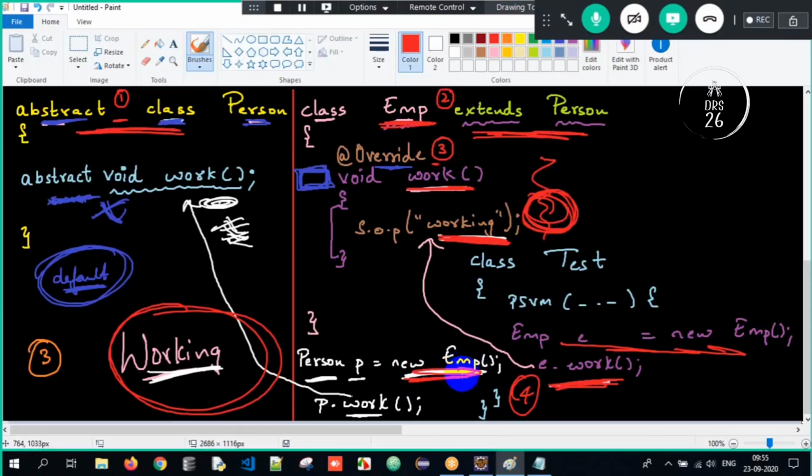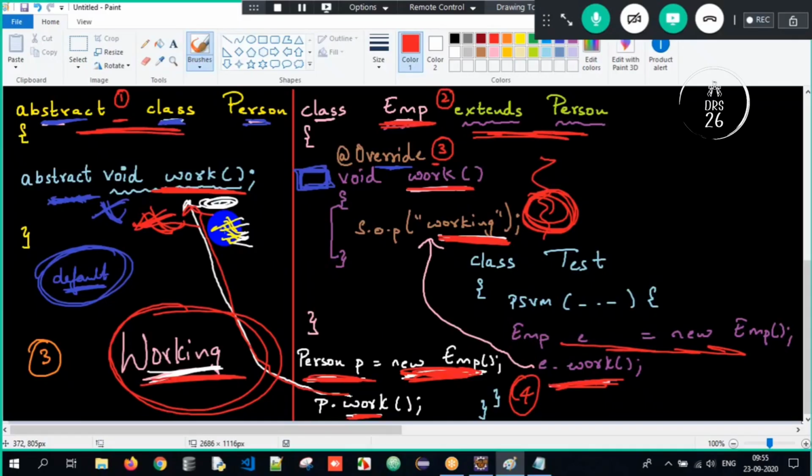But if I upcast it, creating an object of subclass with a superclass reference, and I call the work method, I will get working only. But if I see the implementation, it will be pointing over here, wherein it is not at all visible. So in order to achieve abstraction, we are supposed to do all these. Clear? This is all about it.